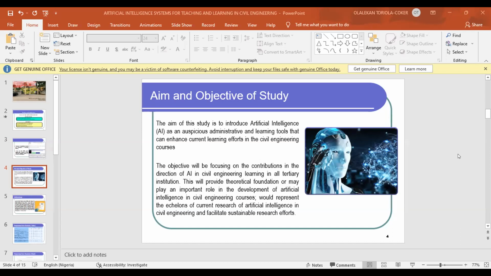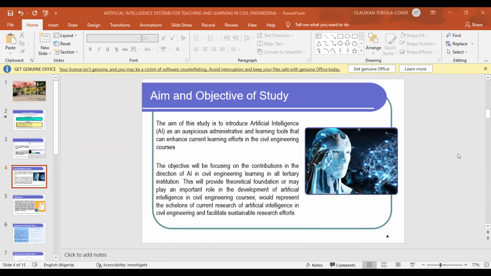The aims and objectives of this study are to introduce artificial intelligence as an auspicious administrative and learning tool that can enhance current learning effort in civil engineering courses. You know, civil engineering is one of the aspects of engineering that has a backdrop in artificial intelligence. But with what I have done, I think we can do a lot of things by introducing AI